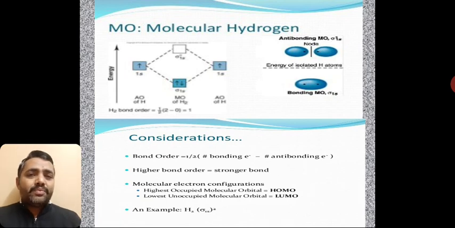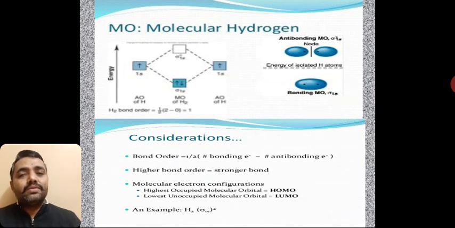You can discuss the number of examples at the SYBS level, but I have to revise it because this is very important. How will you design the molecular orbital energy level diagram? And the electronic configuration is very important. It is sigma 1s2. Do not write it as 1s2, 1s1. You can write it as a molecular electronic configuration, therefore sigma 1s2.